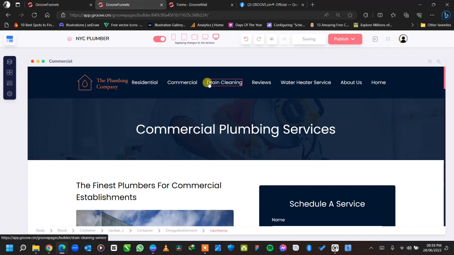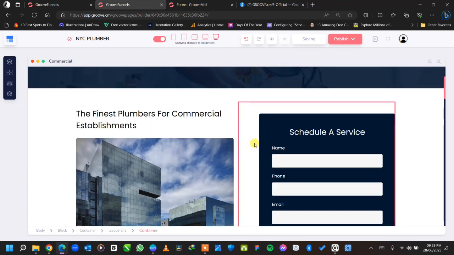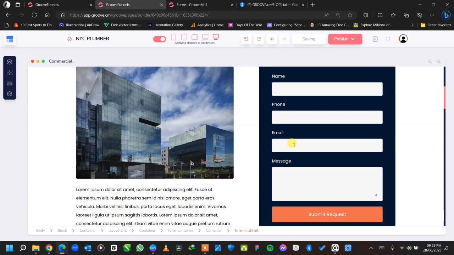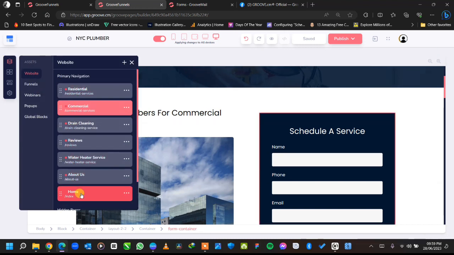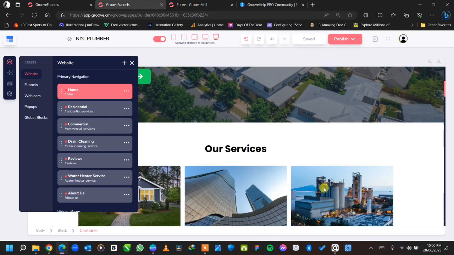You don't need to put the entire name of the page on the nav menu for them to know that that's the service that you're offering. And if you notice, this is still different from the other form that we did, so this is a different page. If I go back to the home page, I want this home page to be at the top. Why is it at the bottom? Home page. If I go back to the home page,